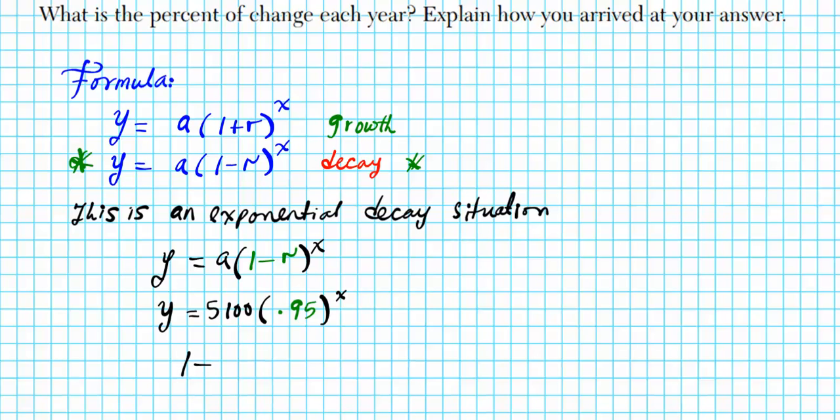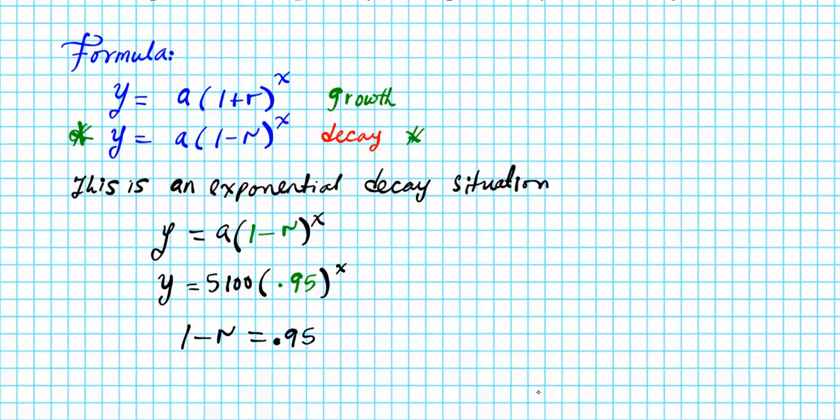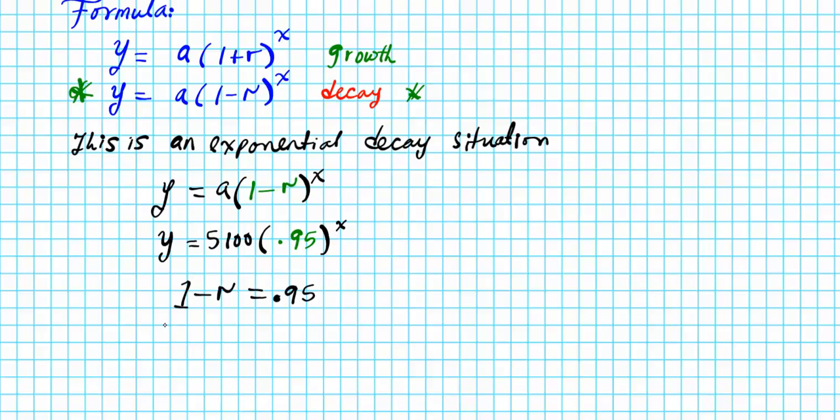So we have 1 minus r equals 0.95. So how can we get r by itself? We're going to solve this resulting equation that we got by equating the bases of these two exponents from the formula and from the problem. Okay, so let's solve that. Subtract 1 from both sides. You have negative r equals 0.95 minus 1. Subtract and keep the sign of the bigger one, negative 0.05. And then divide both sides by negative 1,